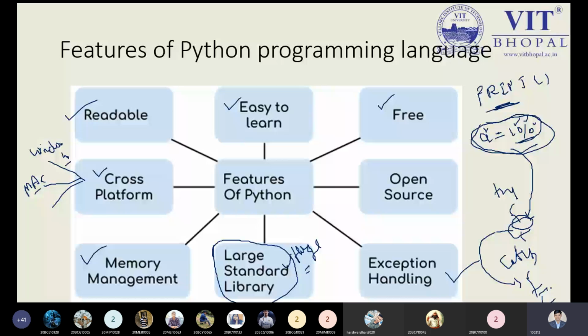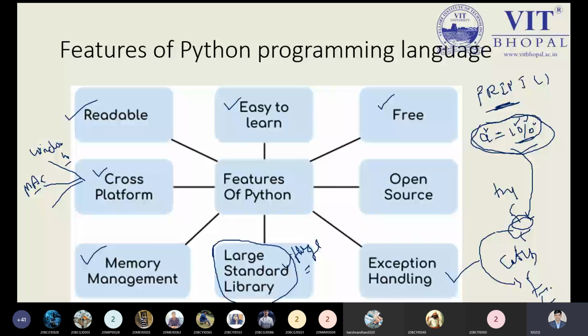Error means the code which is written by you in the wrong way. The compiler will not interpret it. But this is not an error, this is not a typing error, everything is okay. But a logical error is known as an exception. This is the simple meaning.